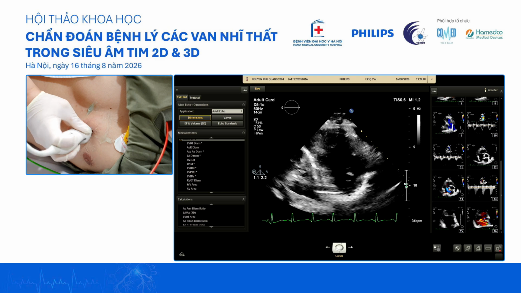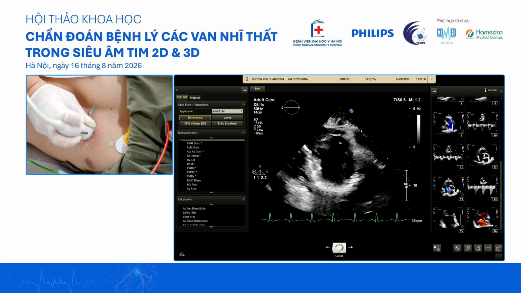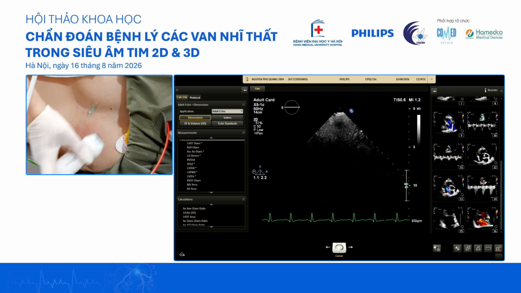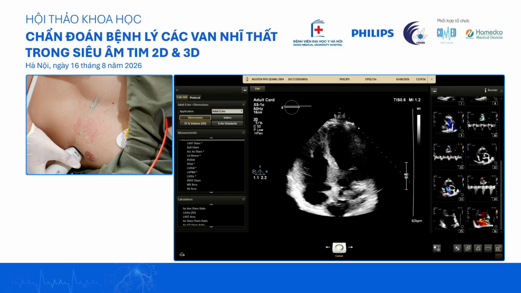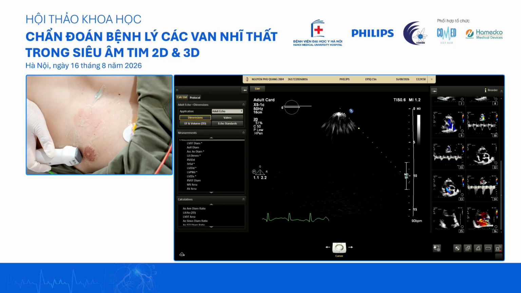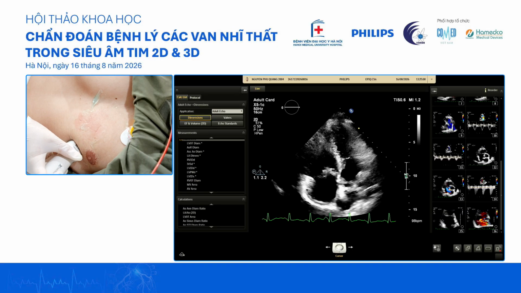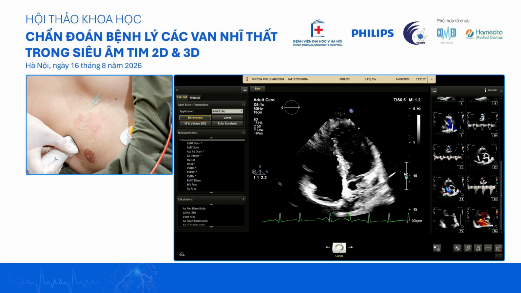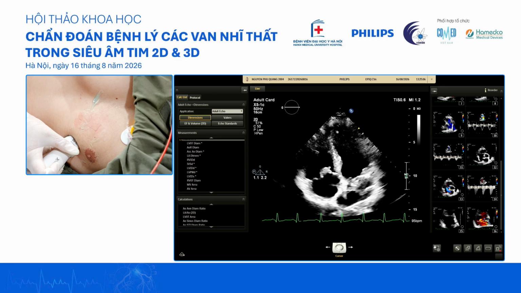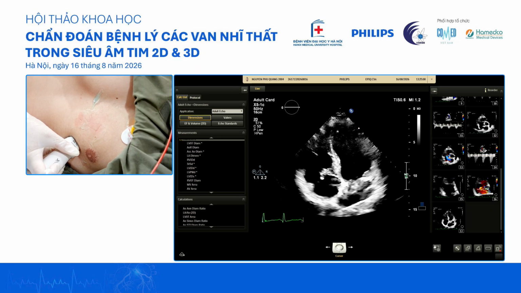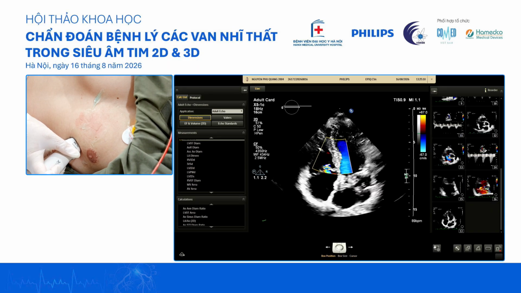We would generally also just take a look at the LV function just for reporting, and then we will go to the apical views. Chúng ta đến với các mặt cắt ở mỏm tim để đánh giá chức năng tim, sơ bộ chức năng tim. So we have the apical four chamber view. Mặt cắt 4 buồng từ mỏm.